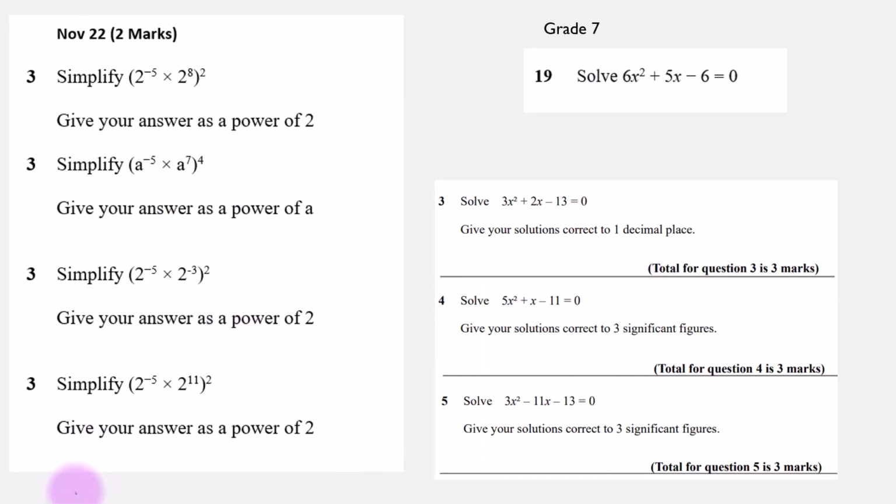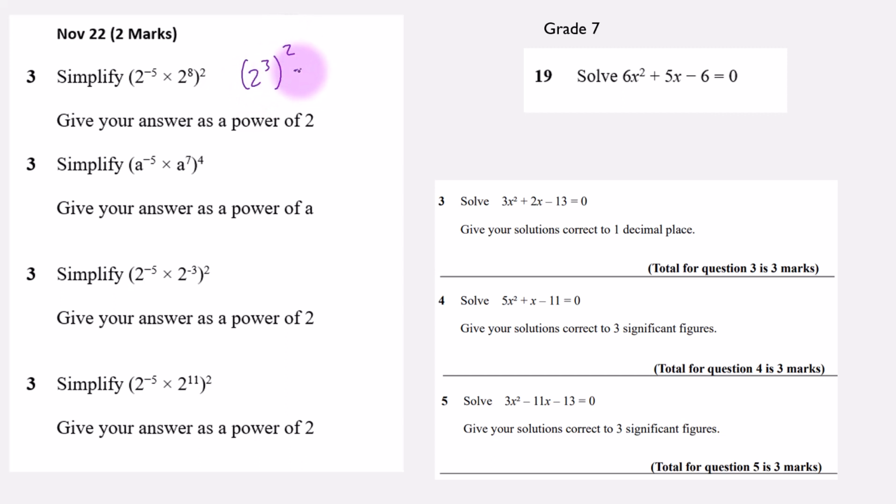Okay class, we've done these questions before, but we're not getting it all right, and this should be an easy 2 marks. This was on a November 2022 paper. I'm going to write in purple. So remember, with indices you add the powers. In the brackets it's big maths, you do brackets first. So -5 add 8 will give us 2 cubed